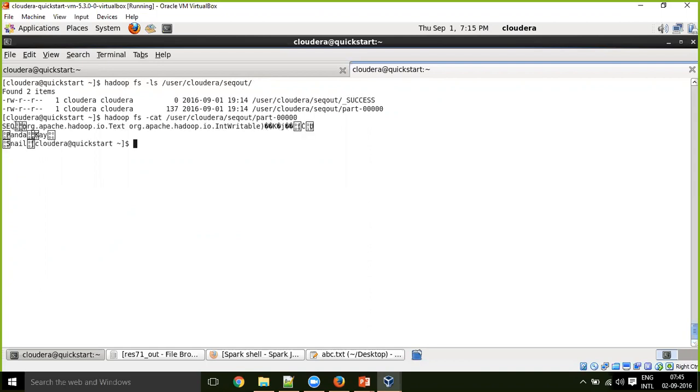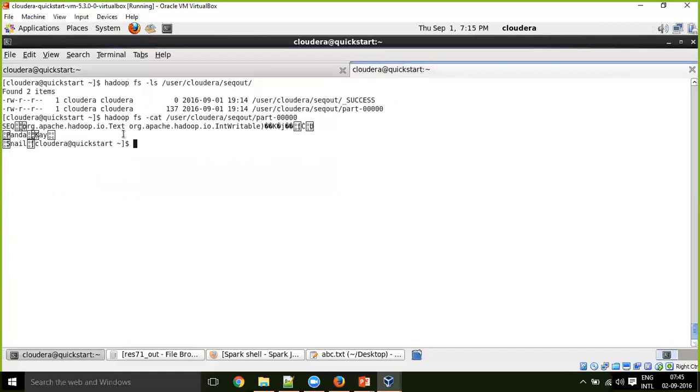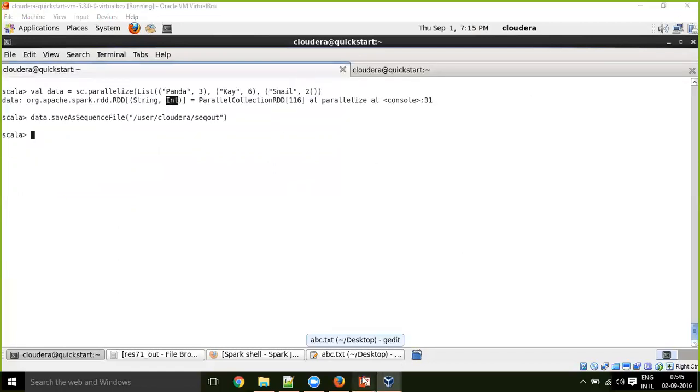Just by looking at SUQ, you can identify that this is a sequence file, where the key format is Text and the value format is IntWritable. That's what we gave there. It automatically identified the data types very well. So string and int got converted into the sequence file's Text and IntWritable, and it stored the records there. Now, if you want to read this back,